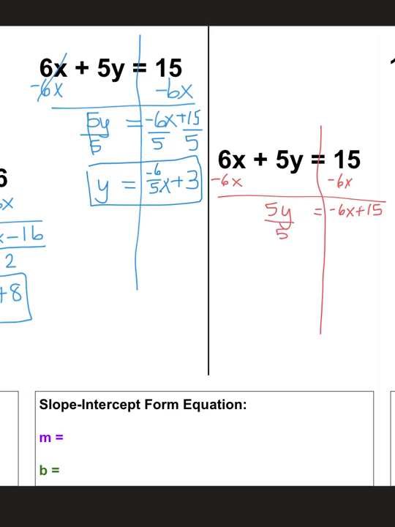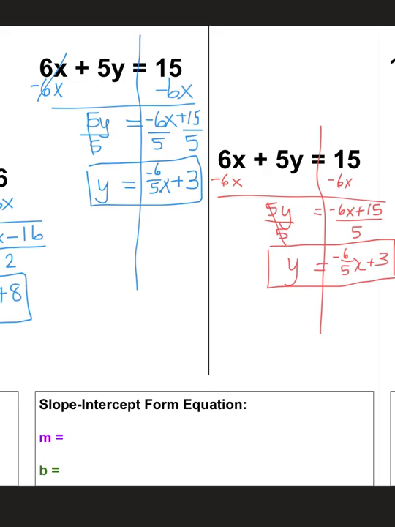Divide by 5, cancels out. Divide this whole side by 5. And y equals, so -6 divided by 5 is just -6 over 5x. And 15 divided by 5 is 3. So there's my same equation, worked out a little bit differently, but I still have y equals -6 over 5x